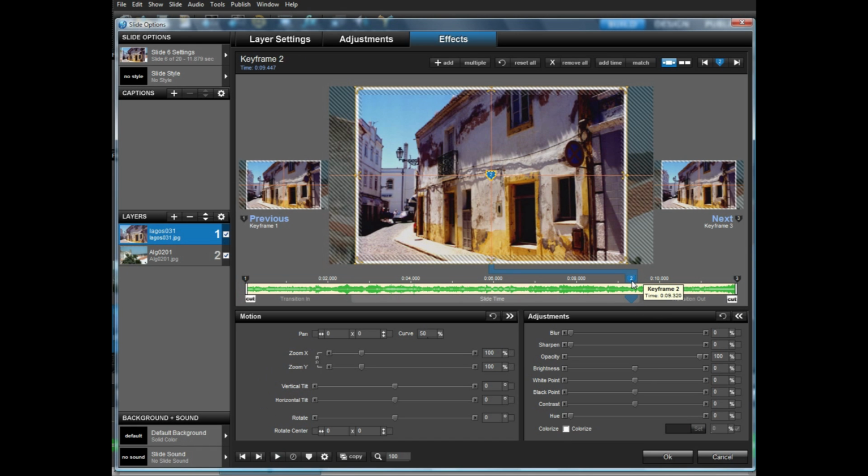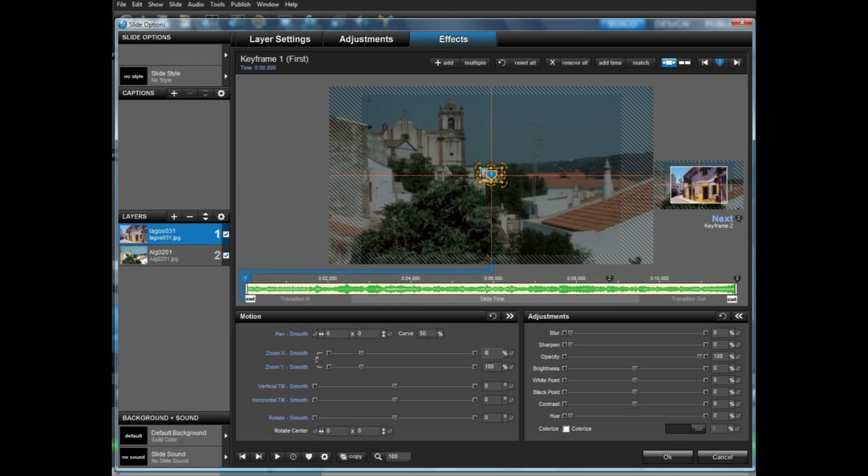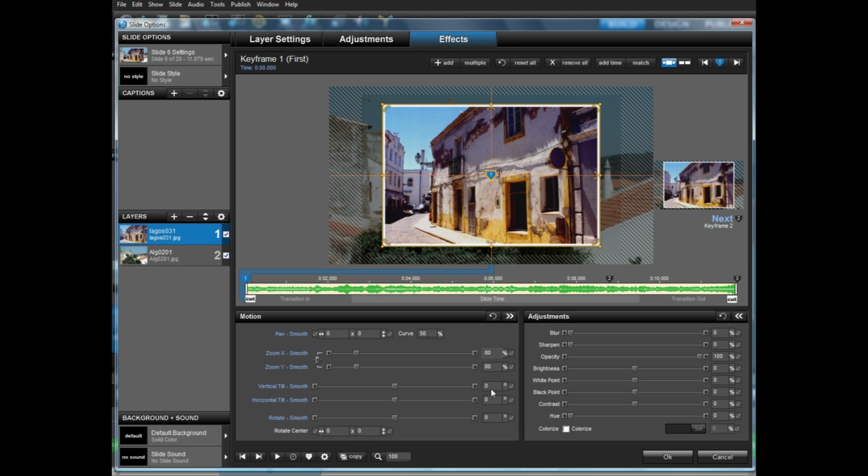There, but that is very near the transition, so I'll come forward just a little bit, come to there. Okay, and I'm going to make this 80%,